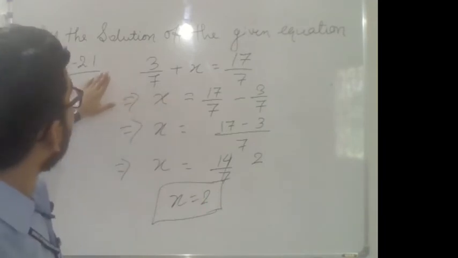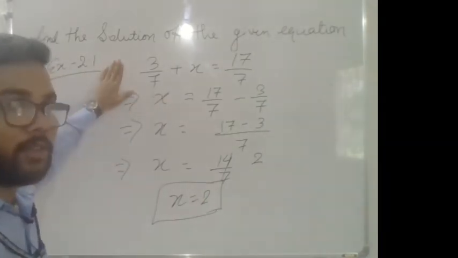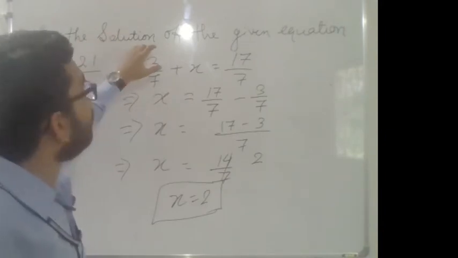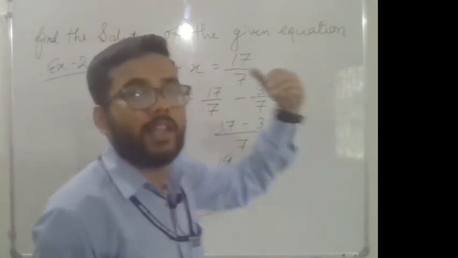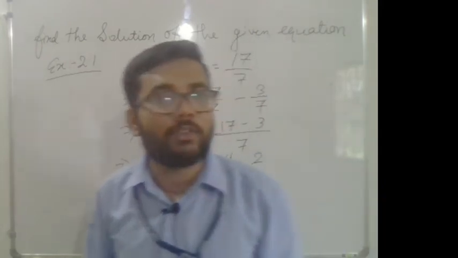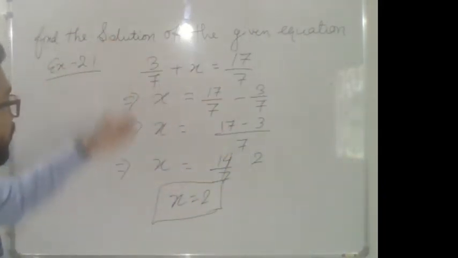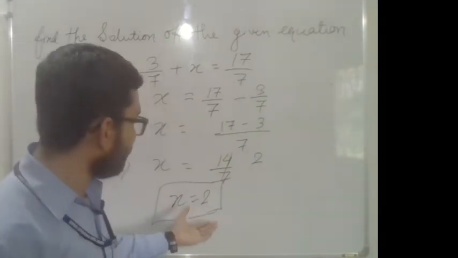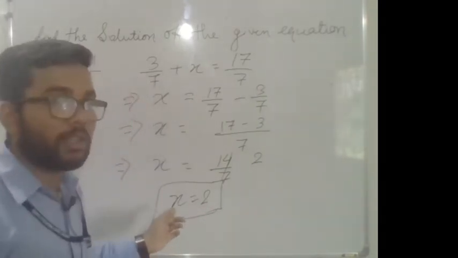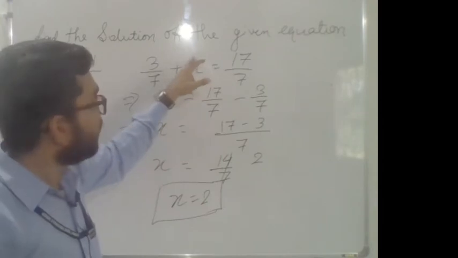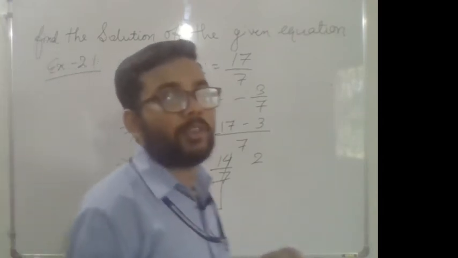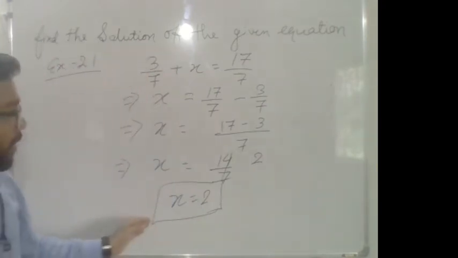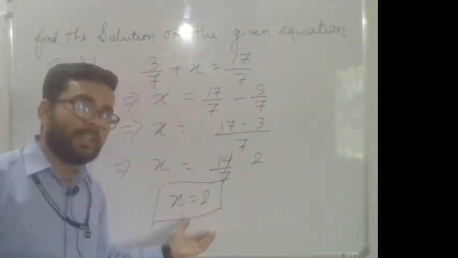So only one thing you will have to keep in mind, that by transposition you will easily be able to find the solution of a linear equation. So this is the way to find the solution of a linear equation. You can also check whether the solution is correct or not by putting it into the equation. If you get LHS and RHS equal,